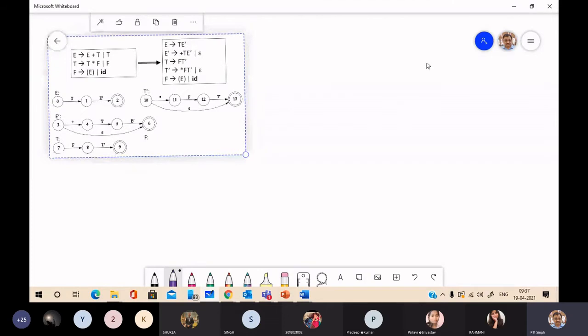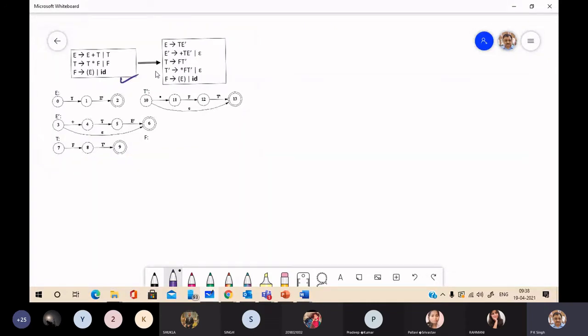Okay. Now we remove the left recursion from the grammar first, and after removal of left recursion, you will get this. Now we draw the transition diagram. You just consider the transition diagram for these two productions.